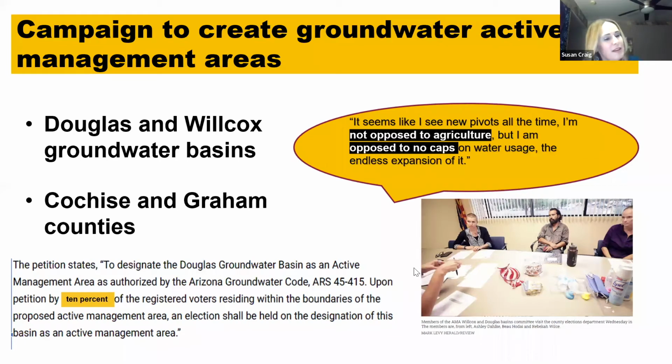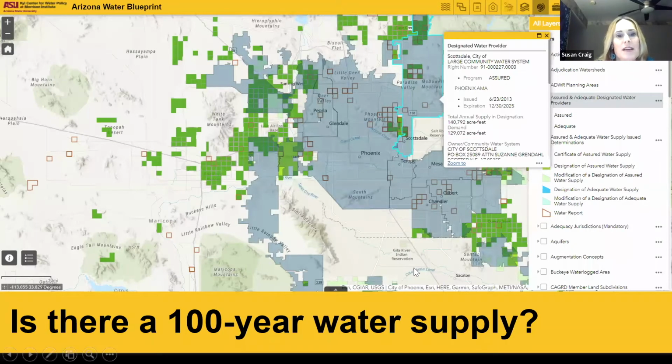And then the other thing that you might be interested in is, is there a 100-year water supply where I am? And so we have two layers here, unfortunately. I wish there were only one, but we have two layers here. One is if you're a designated water provider, that means the whole service area of that water provider has been designated as having a 100-year water supply. That means they have physical availability of water to meet the demand for 100 years. They also have to show financial capability and that there's suitable water quality. So there's that layer. And if you're in one of these, yay, you have the guaranteed 100-year water supply until,